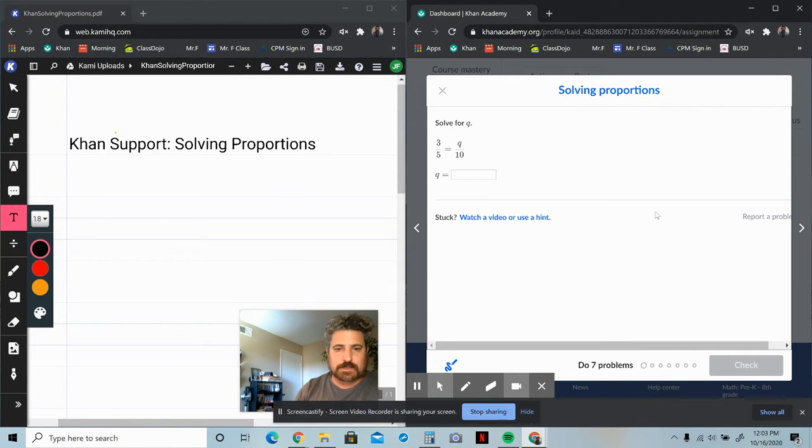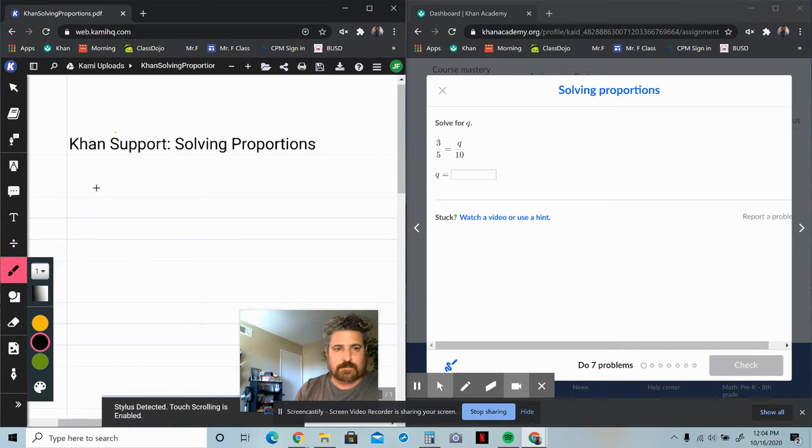So a proportion is basically just two equivalent ratios. That's all a proportion is. When you have a proportional relationship, it's one in which the ratio stays the same, that the relationship is always constant. So in this case, the first problem that we're given is 3/5,